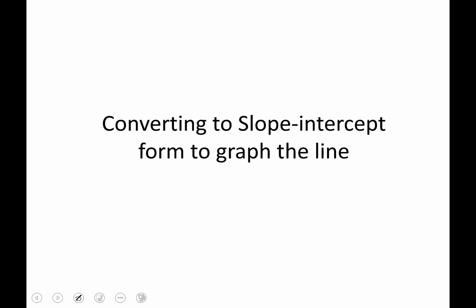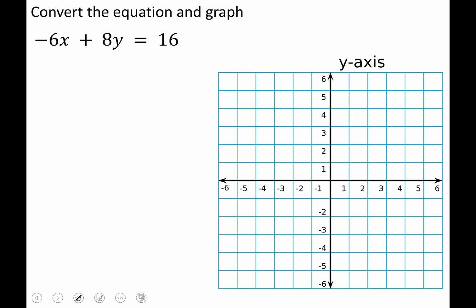So now let's look at how we use this to graph a line. So really quick, let's review how we previously graphed a line. What I did is I found the x and y intercepts. Remember, how we do that is we plug in 0 for the opposite variable. So I get negative 6x plus 8 times 0 equals 16,